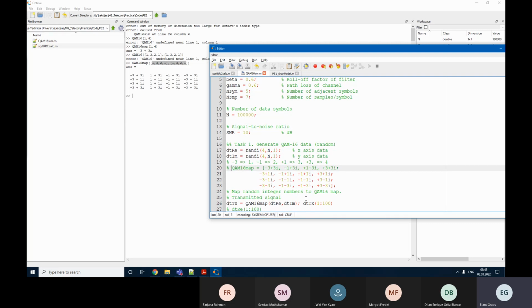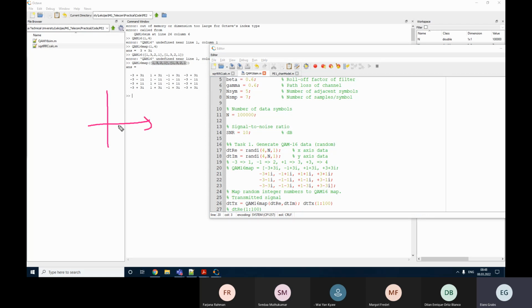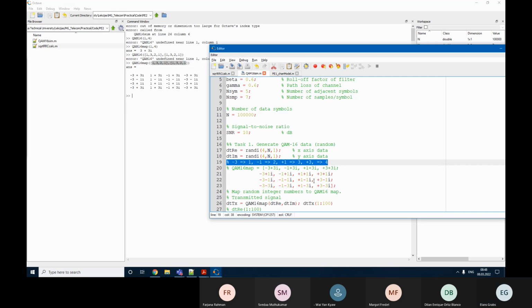So what is called these levels is called pulse amplitude modulation. So PAM for both x-axis and y-axis. And once we have PAM on each axis, in total they generate quadrature amplitude modulation. Yes. So I'm going to make a PAM table corresponding to this